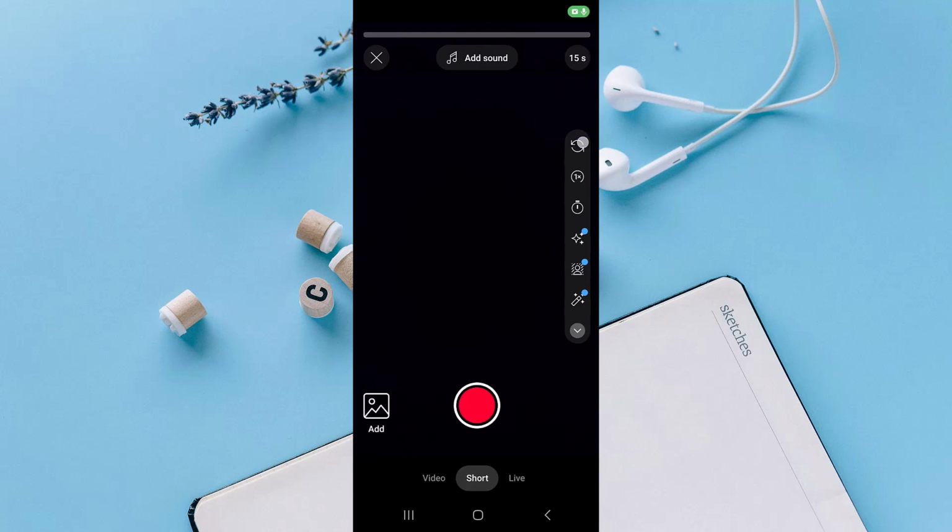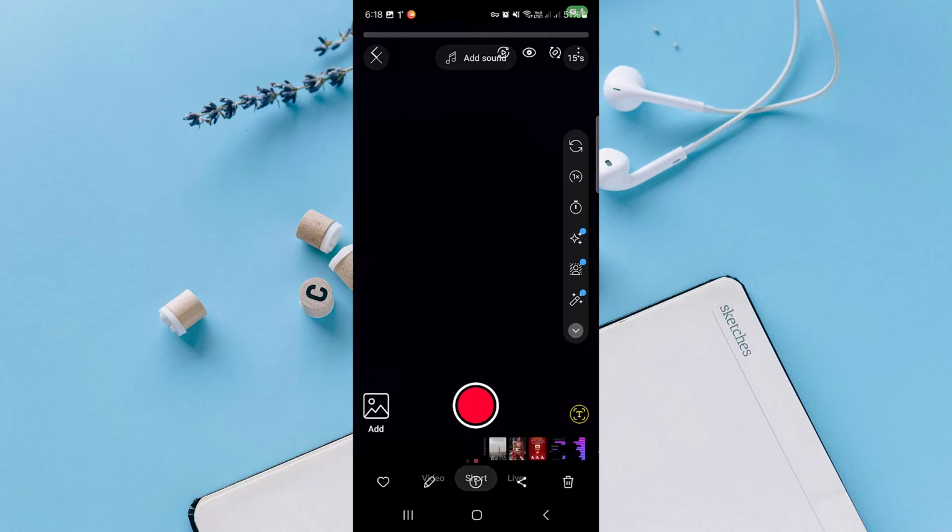So this one right here, it allows you to use your front and back camera. This one allows you to take a fast forward shot, and this one is a timer. This one allows you to use filter, and yeah, this is how you can just do it. And here you can create